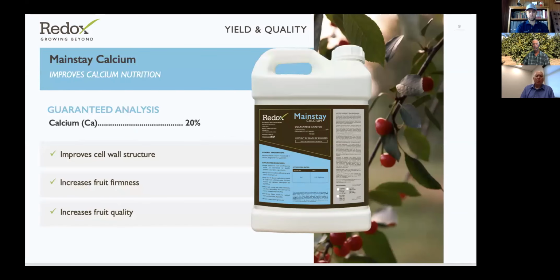I'm just going to talk about one of these, and it's Mainstay Calcium. Mainstay Calcium is a liquid calcium. It's 20% calcium. It's derived from calcium carbonate, but it's a reacted material. It goes through what we call a microencapsulation process, wherein we are able to protect that calcium, that double positive charge, from undesirable reactions. So a soil application